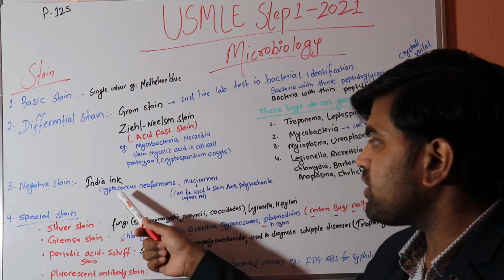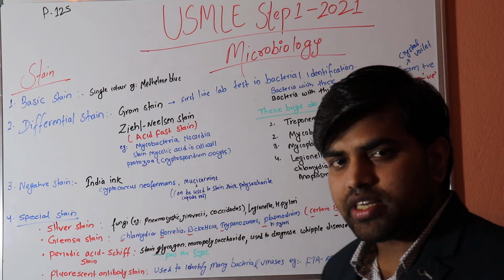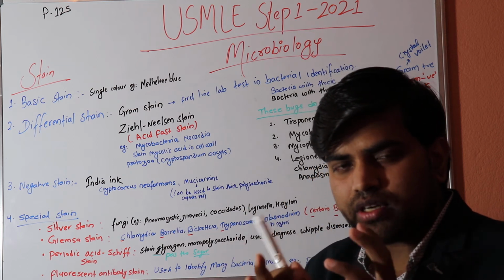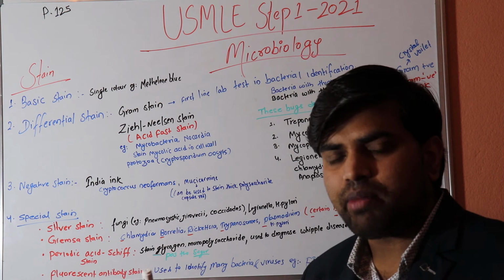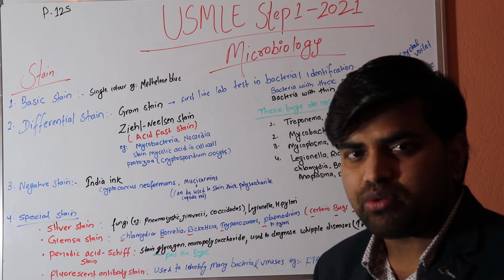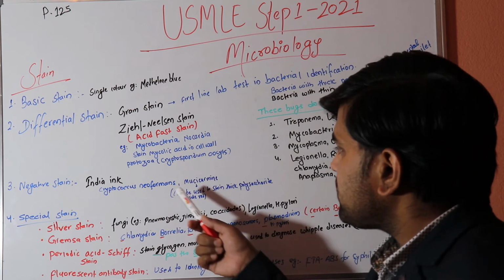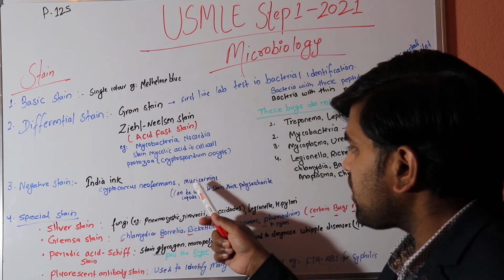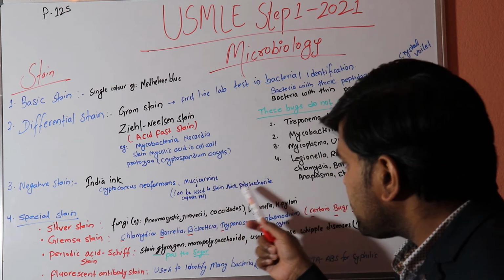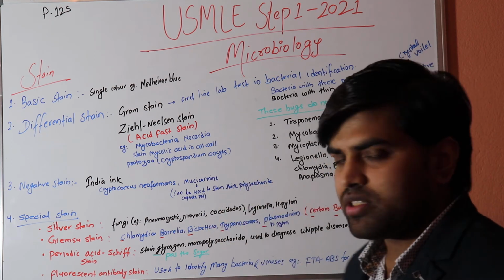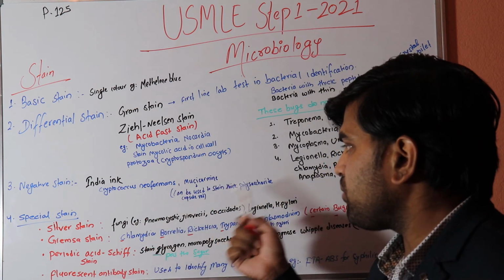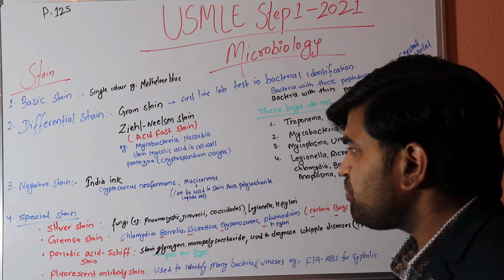It is a negative stain, used for Cryptococcus neoformans, which is a fungus. It has a well-defined capsule, so we don't touch that fungus. We just stain the background, and in the black background the fungus disappears as a white area with a prominent capsule. This capsule can also be stained by mucicarmine, which helps to stain this thick polysaccharide, and it appears red. So you can use the India ink or you can use the mucicarmine; you have to understand that.